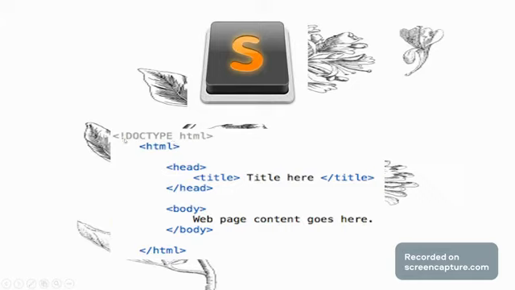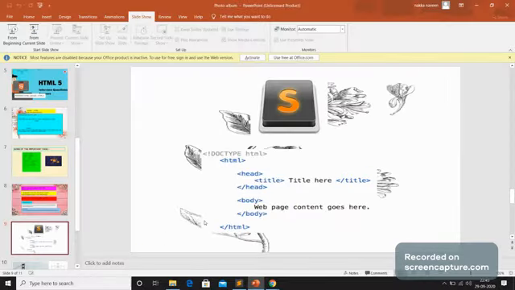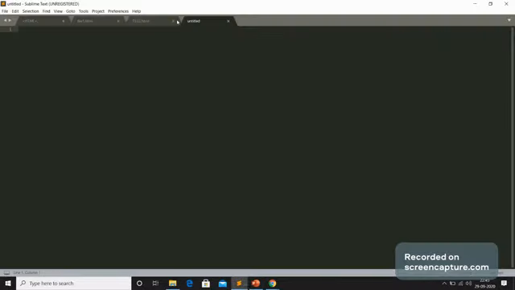So you have to write this doctype. Then HTML tag, closed HTML tag, head tag, closed head tag, title tag, closed title tag, body tag, closed body tag. I will show you an example of how it will be executed.